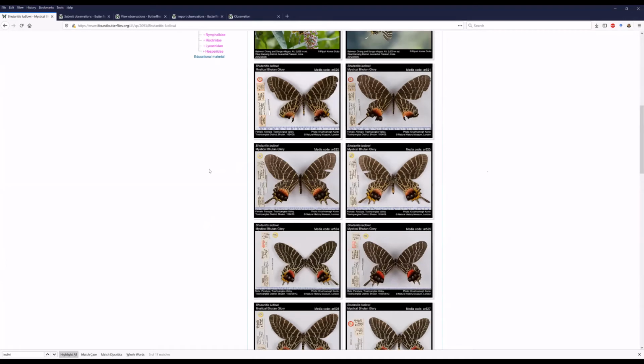Okay. So right now, the way to add it is through images, like every other kind of data that we have. But once the app gets ready, that we are working on, and sometime this month you will hear about it when we release it, through the app, you will be able to contribute textual information. So if you see a caterpillar on a particular plant, you will be able to contribute that record without an image. But right now, if you want to contribute